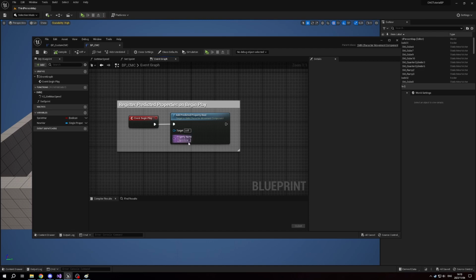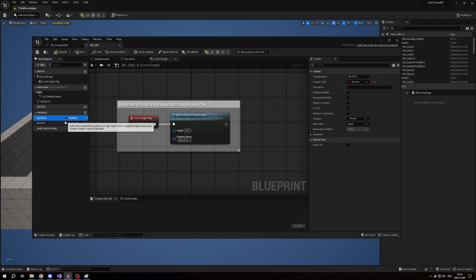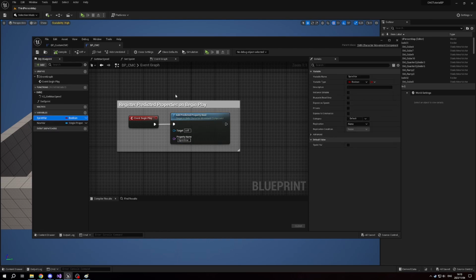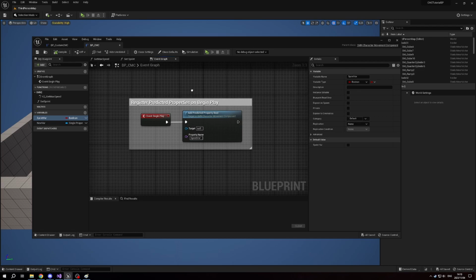It works quite nicely. But anyway, that's why we use an actual little string here, but it's got to match the name of the property we want the C++ to track. So you can see the sprint var here, and sprint var. So basically it says, track this boolean, and then you can see it's in the add predicted boolean, so that it knows that it's a boolean that it needs to look for. And boom, that little variable is now tracked properly in the entire network backend,